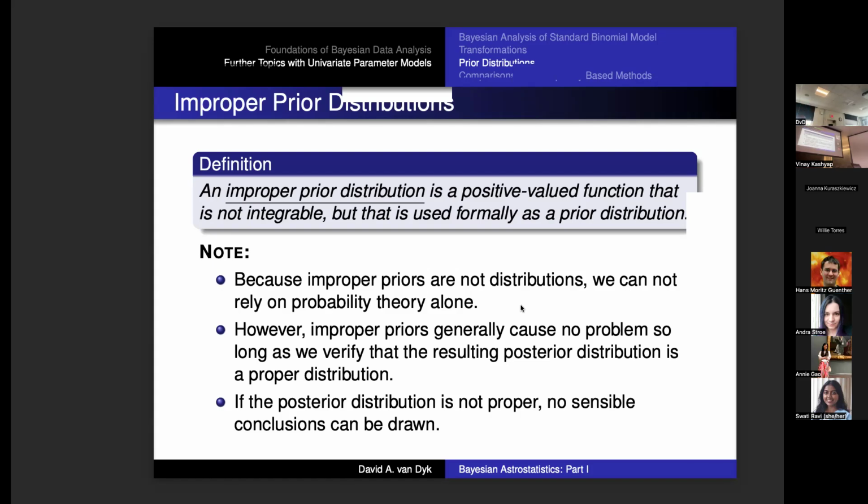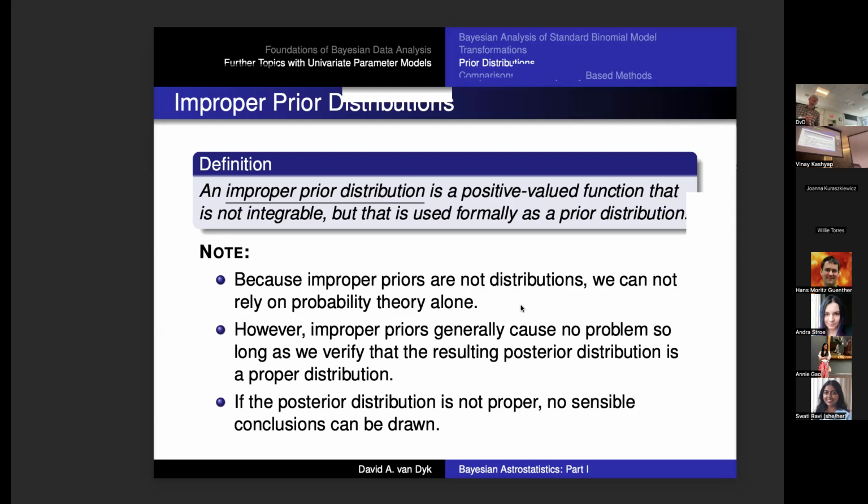The big fear of using an improper prior is that if the posterior distribution is also improper, then all the calculations you do are meaningless, sampling from it and none of it makes any sense anymore. And the real issue is if you have a complicated parameter space, with tens or hundreds of parameters, and you're using improper priors, you could find that you don't really know if you have a real posterior distribution or not. The rug can get pulled out from under you. So you have to be a little careful when you use these things.